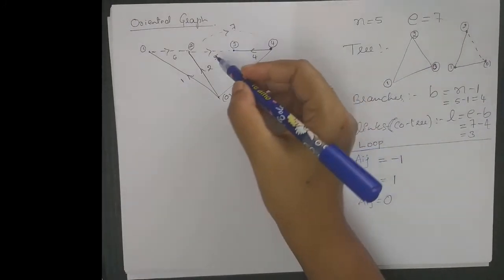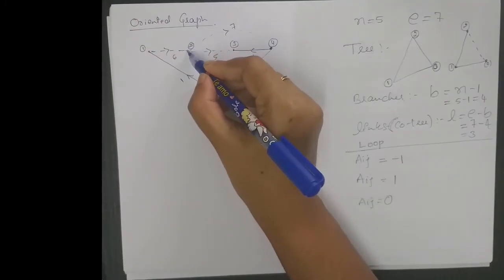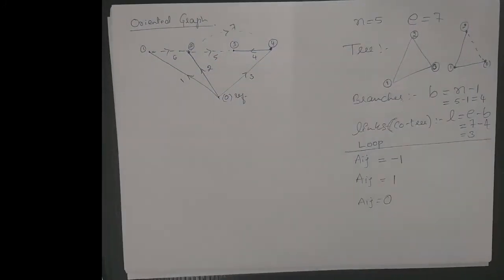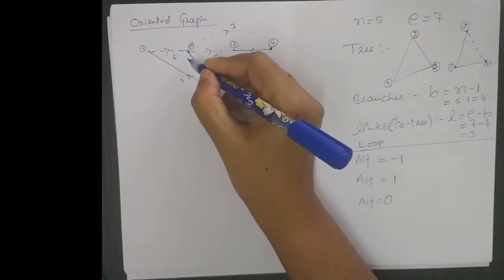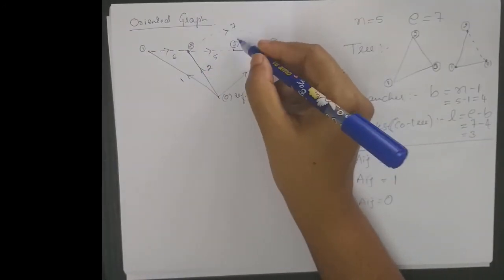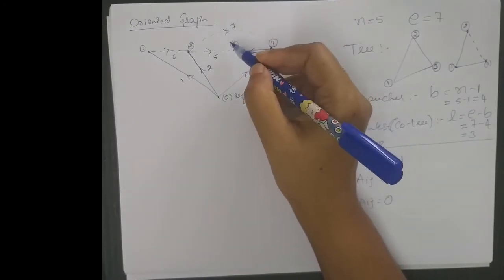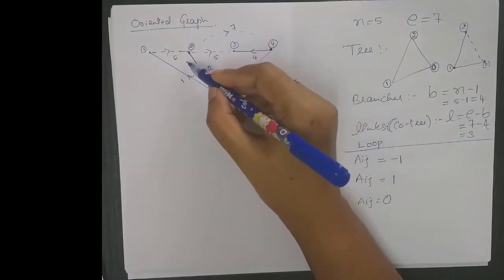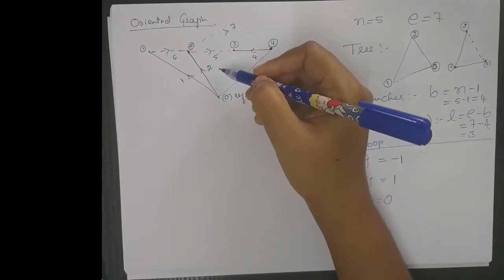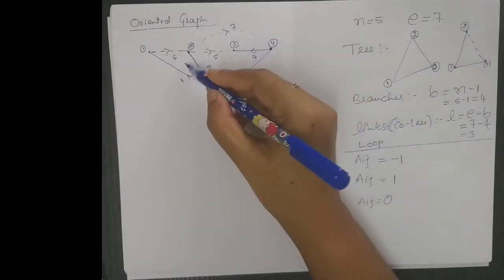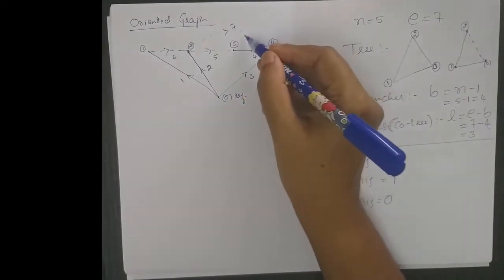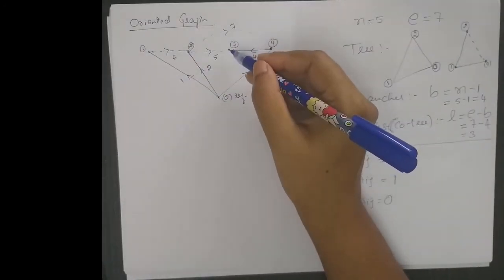So these points we have to remember first. The number of loops should be equal to the number of links. So how many loops do we have? That should be equal to the number of links. We have 3 links here, so we can have 3 closed loops. One is this one, another one is this one, and one more is this one.